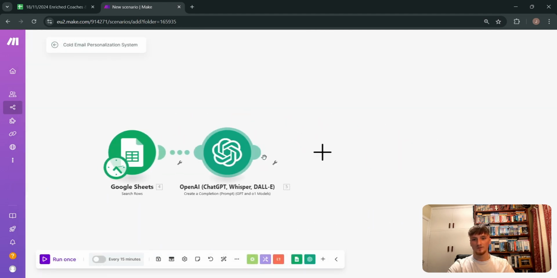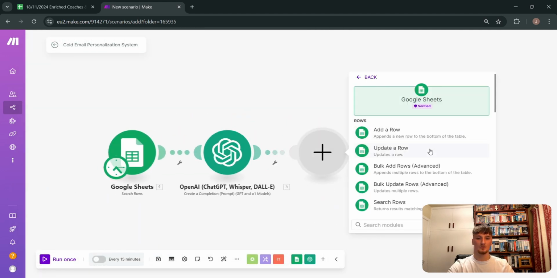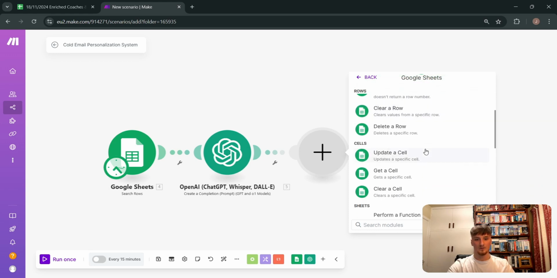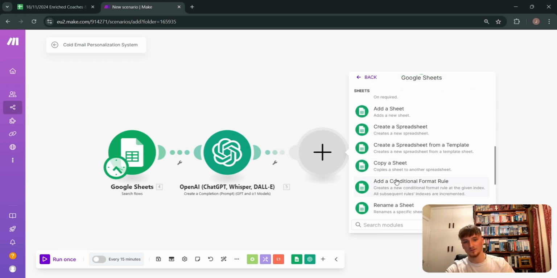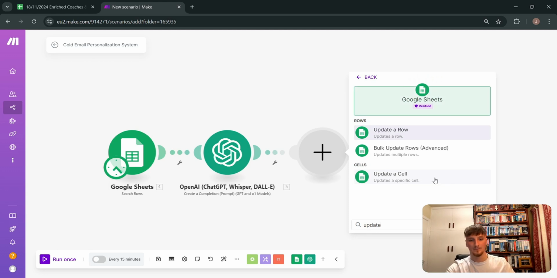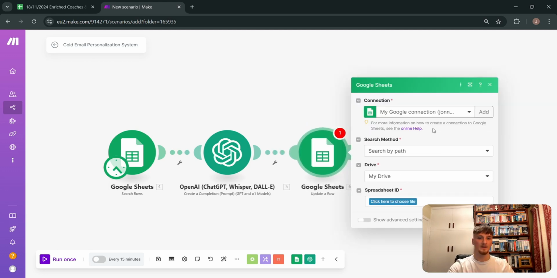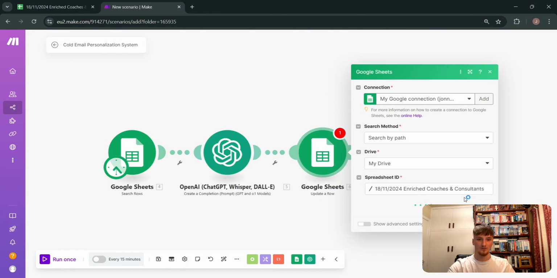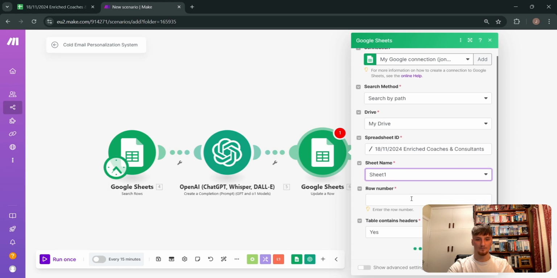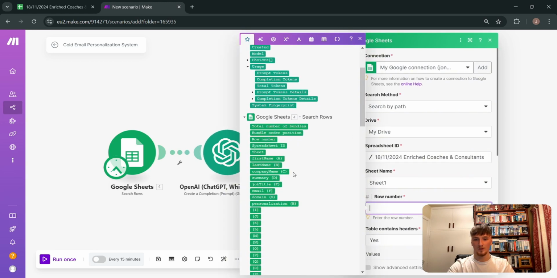And then what we want to do is add one more Google Sheet module here. And what we want to do is update rows. So I'm just going to type this in. Update a row. And then again, we want to select the exact same one again. So enriched coaches and consultants, selecting this one again. Sheet name is sheet 1. Row number is